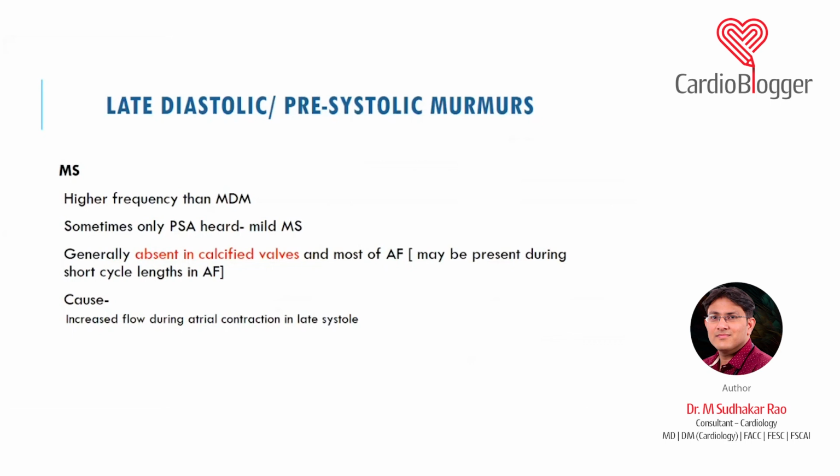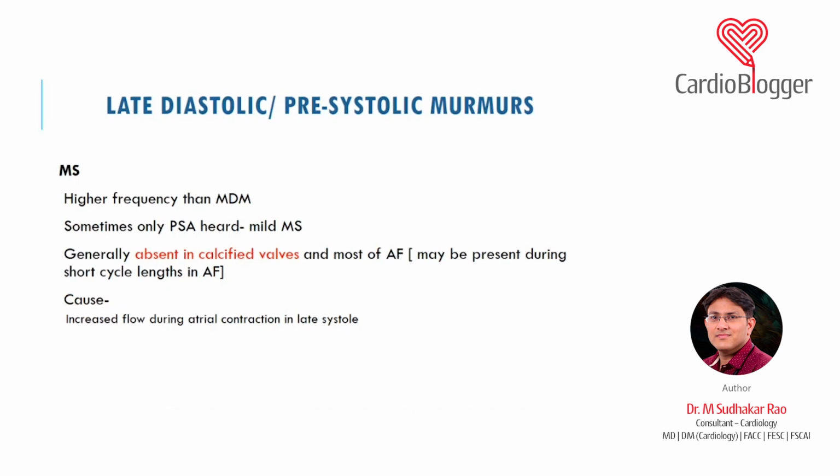So what we know is that in MS we usually get a long murmur. Which are the cases where the MS murmur may be of very soft intensity? In patients with a calcified valve. So if a patient has a heavily calcified valve, you may not be able to get a good murmur. Also in patients with associated severe aortic regurgitation and stenosis, you may not be able to get it, because the